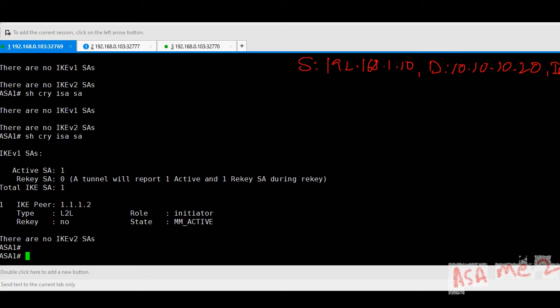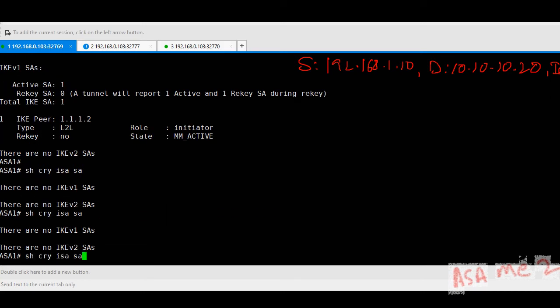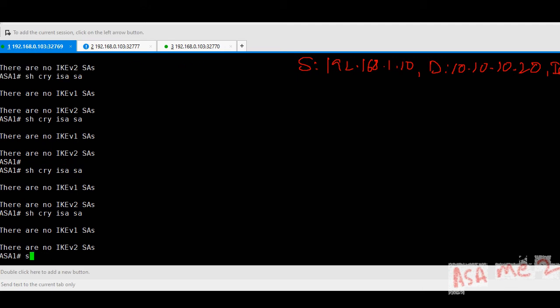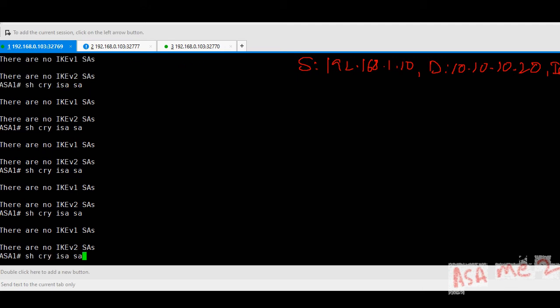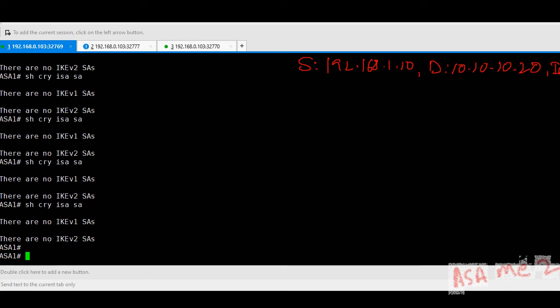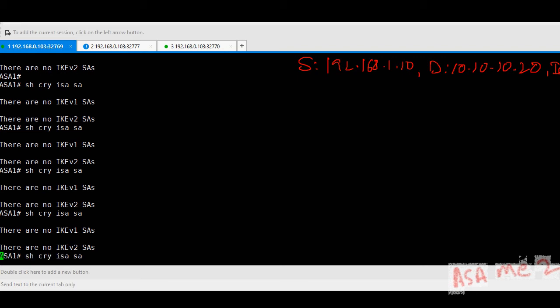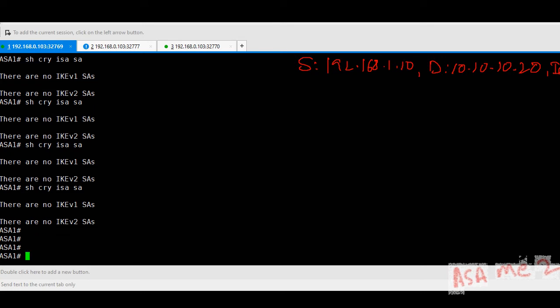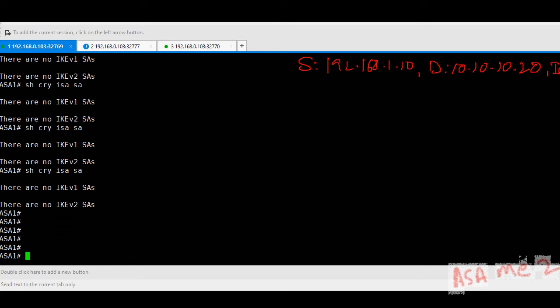So you see, when I'm going very fast, I might just see it sometimes. So let's skip it for a few seconds and try it again. It was once when I saw that active, but now I don't see it. So when you don't see it, the next thing you do is run a packet tracer. So figure out the routing, show route